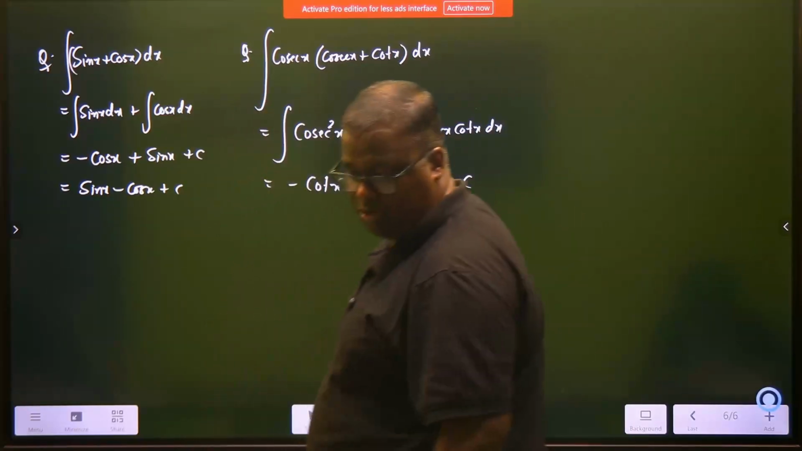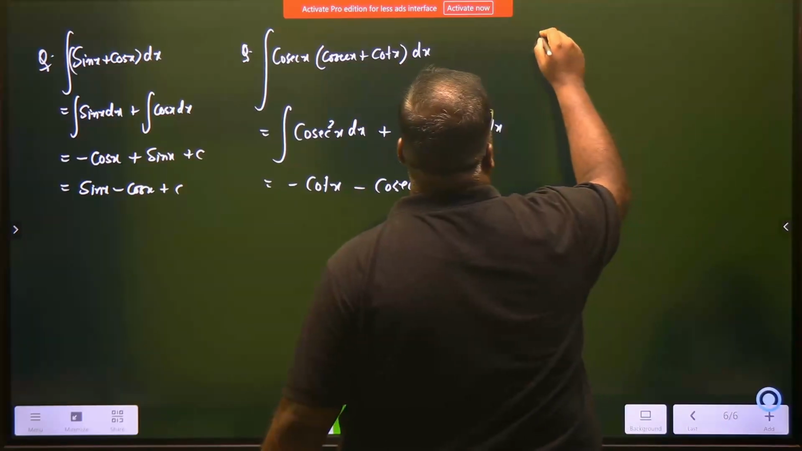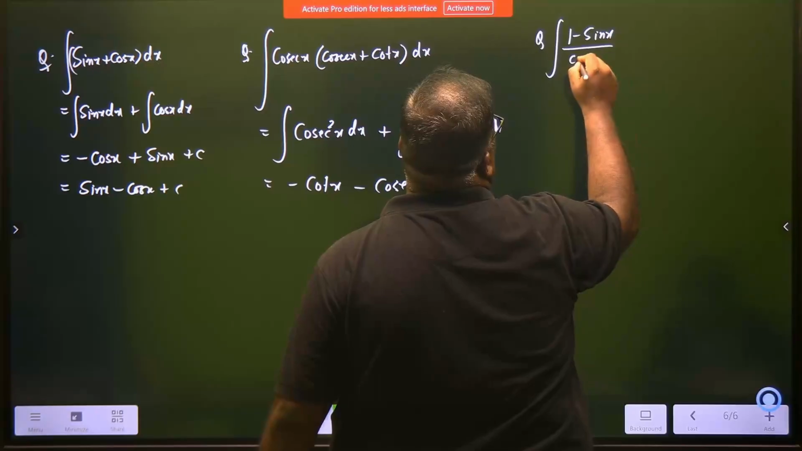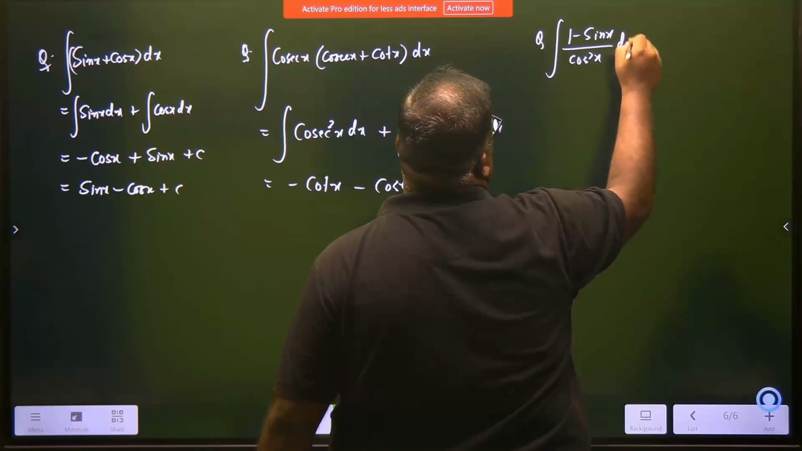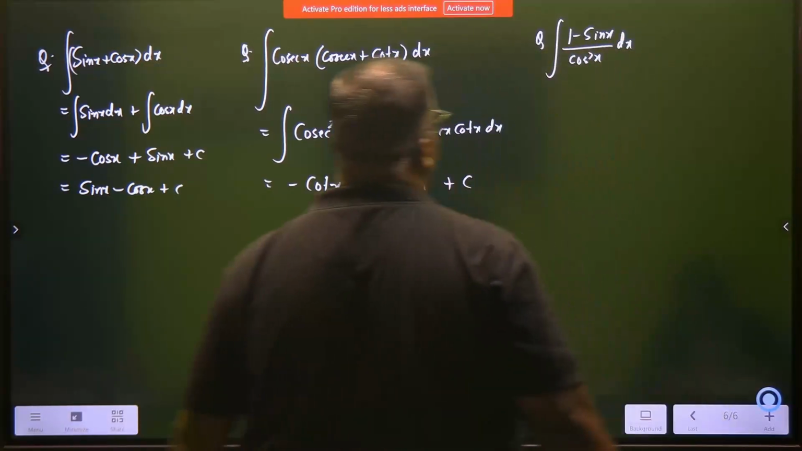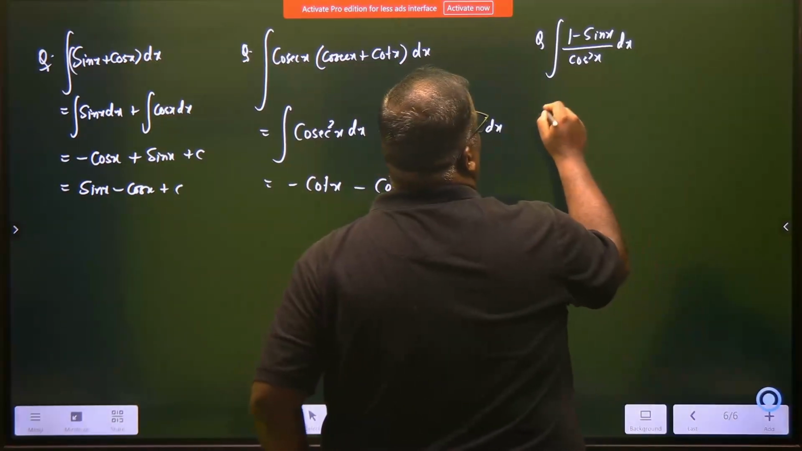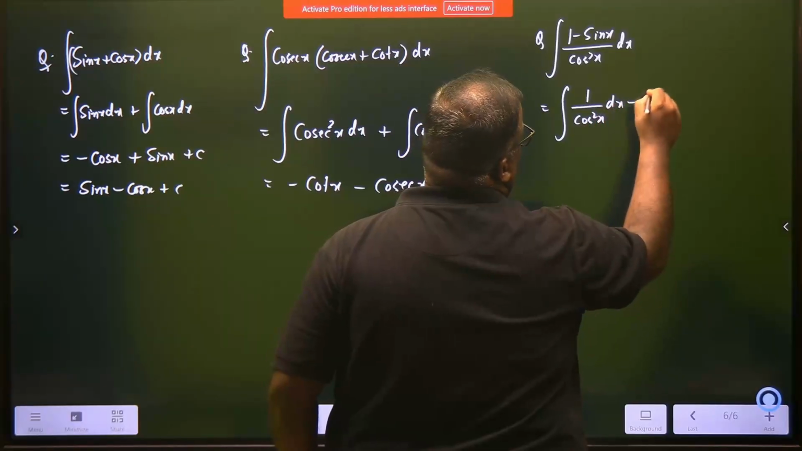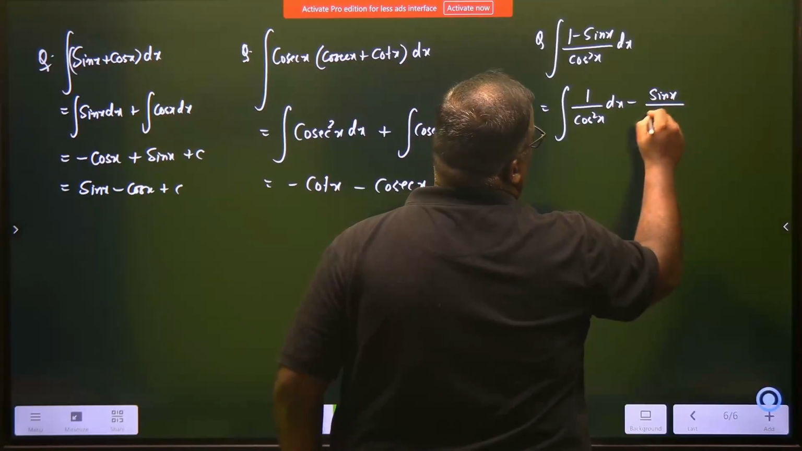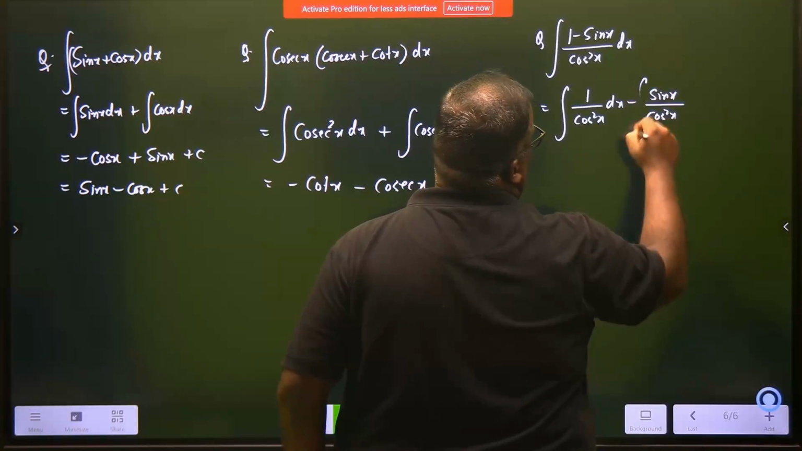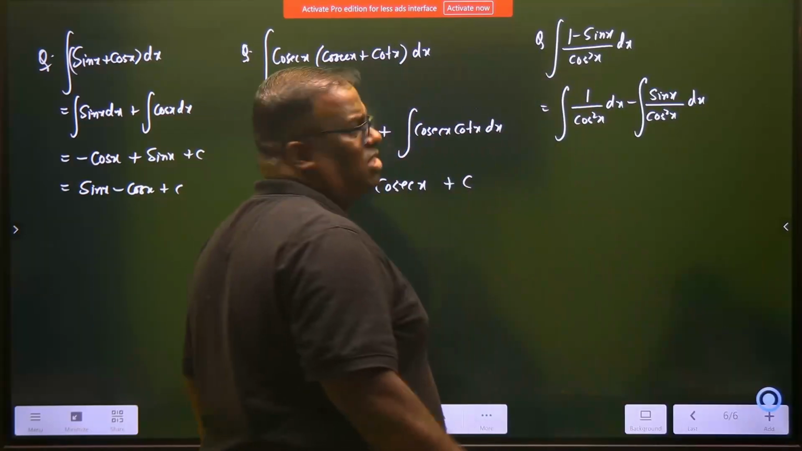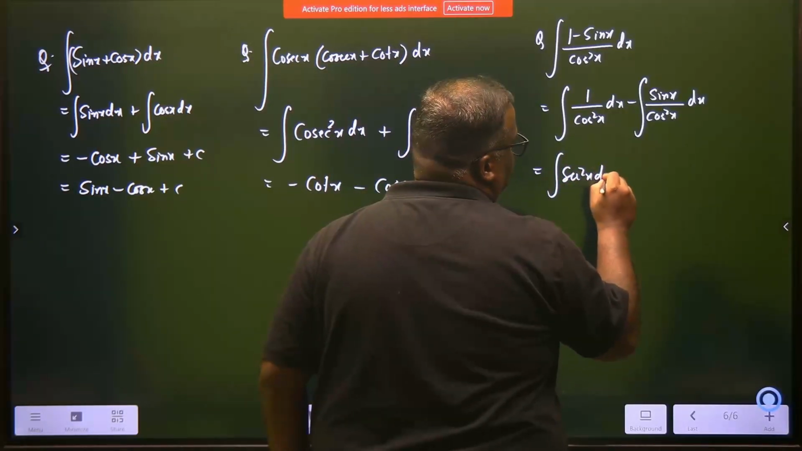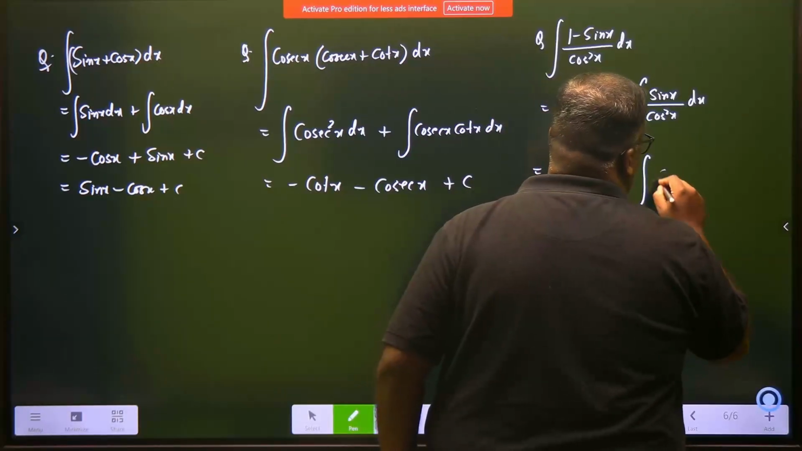Integral of 1 minus sin x by cos square x dx. Question. 1 minus sin x by cos square x dx. Okay. So let's see. This can be written as integral 1 by cos square x dx minus integral sin x by cos square x dx. So it's standard formula में आ गया. This is integral sec square x dx minus integral sec x